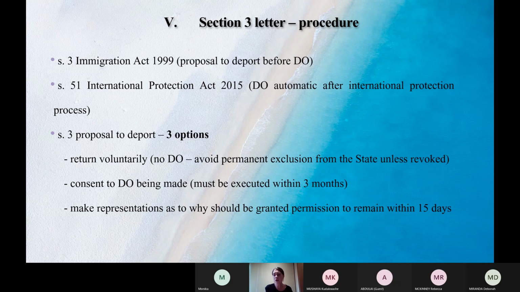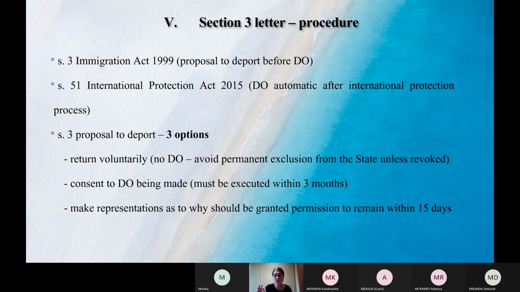So that act is slightly different. If a person, say, is refused any immigration permission other than asylum, so say a visa permission or a work permit permission, or if they're just here legally, any of those instances other than asylum, the Section 3 process still applies. So when the person no longer has a right to remain in Ireland, a Section 3 letter will issue to them. It may happen immediately, it may not happen for years, but this has to issue before a deportation order issues.